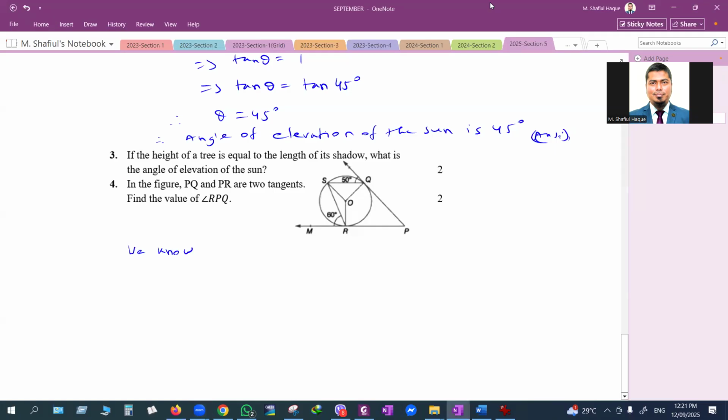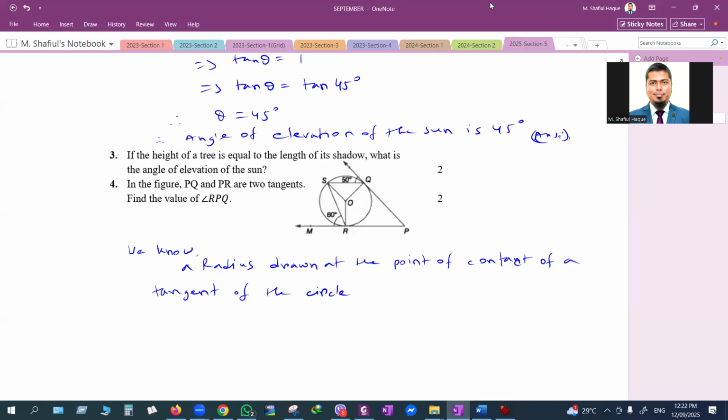We know the radius drawn at the point of contact of a tangent of a circle